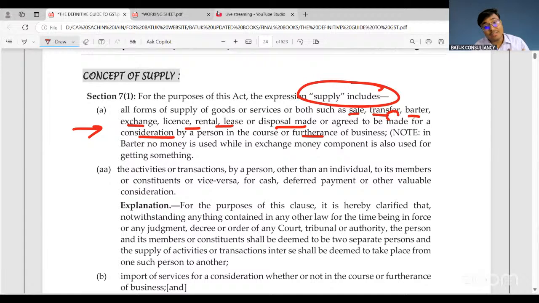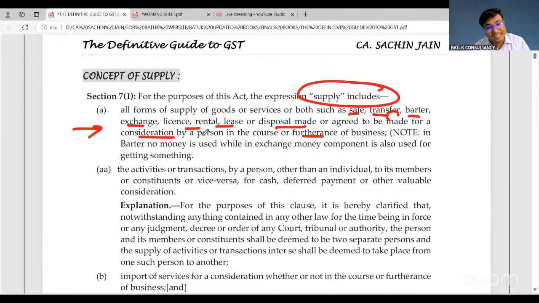Mahendra sir, if I am providing these types of services regularly, in that case, yes, definitely the same will be part of supply. But suppose I am not doing it regularly, someone has just come and said, sir, you are interested in this AI, can you please guide us in a simple thing, and I have provided that not in the course or furtherance of my business. In that case, yes, no applicability of GST.